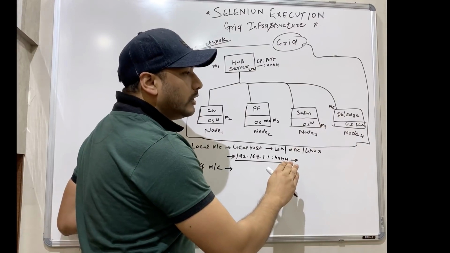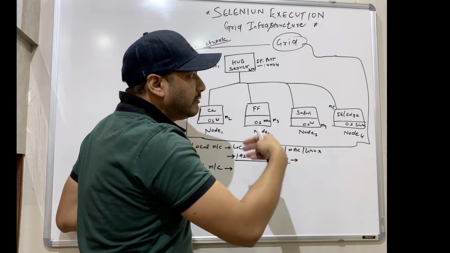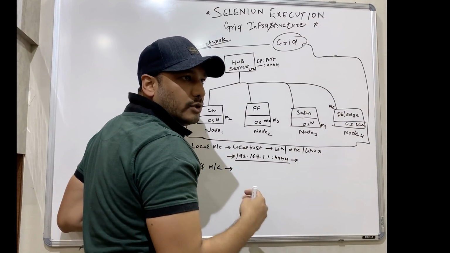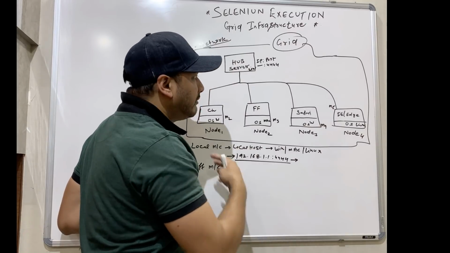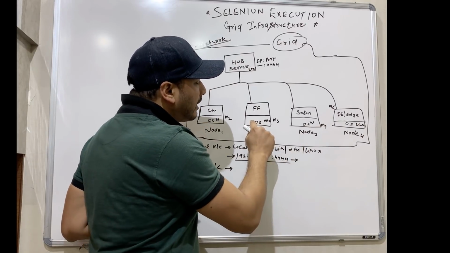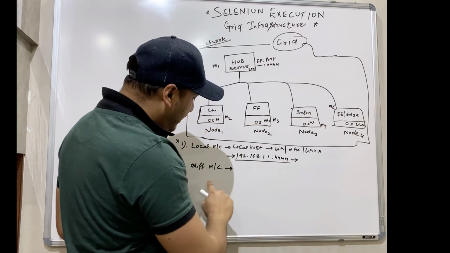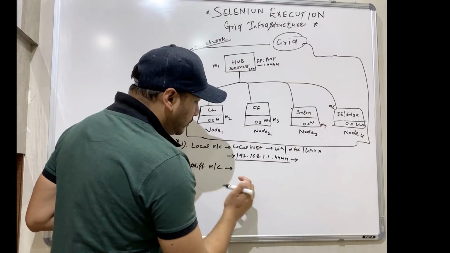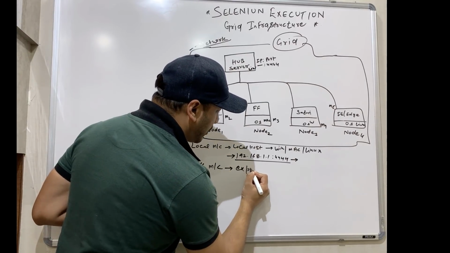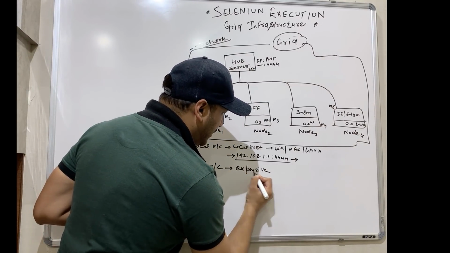What if tomorrow you need 5 more machines, or you need 5 more browsers for parallel execution, and you need 10 more browsers, 10 Firefox? In that case, I cannot have 10 Firefox on the same machine. I need a different machine. So it's very expensive actually. So I should not use this particular concept. This is a very expensive model. I should not use it.